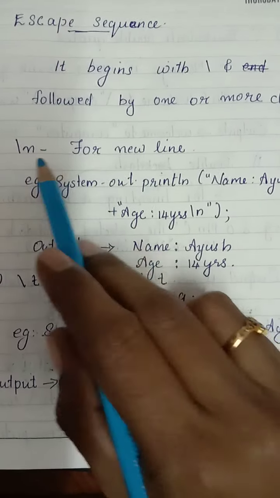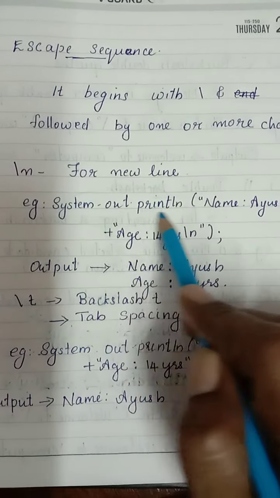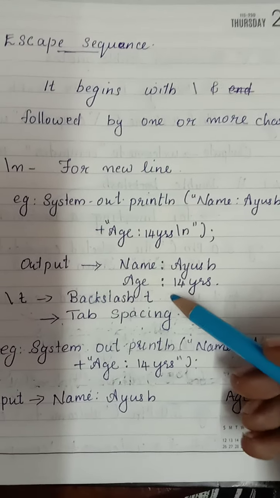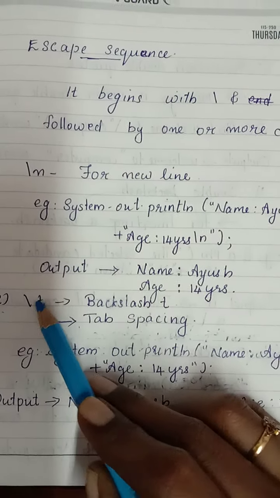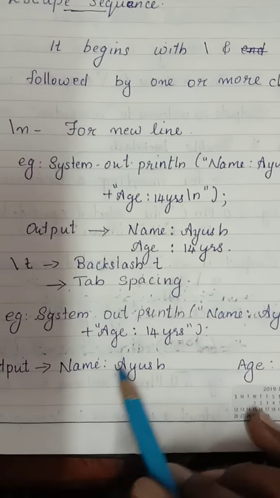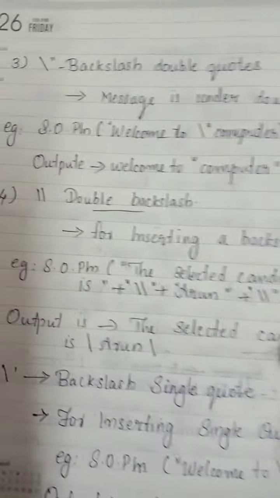The slash n is used for moving the cursor to the next line. Like this we can write slash n and then that will move to the next line. And then slash t is used for giving a tab spacing there. Like this one is displaying. And the next one more